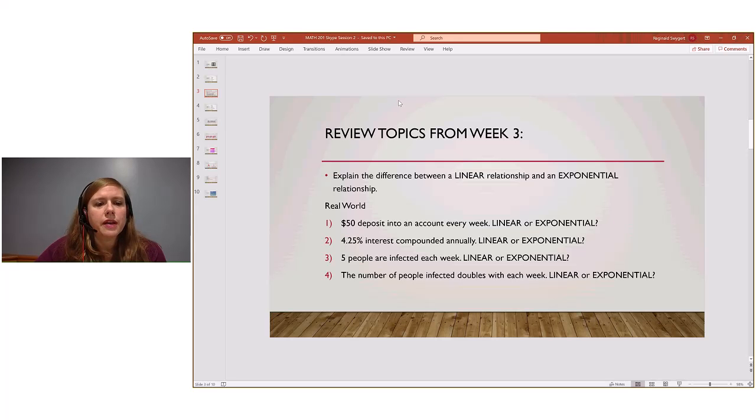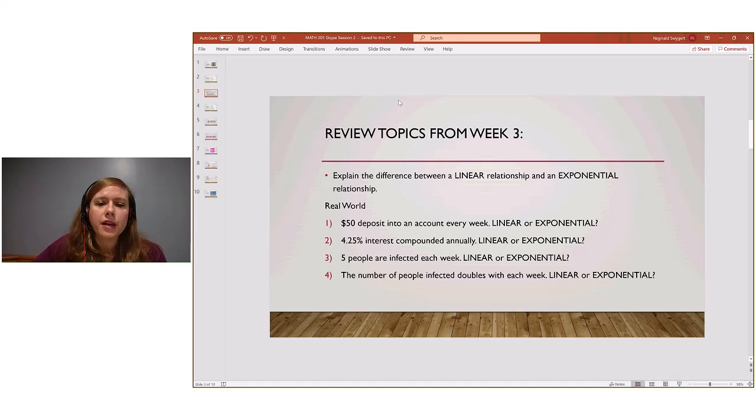So I want you to look at the difference between linear and exponential. And I'm not even going to answer this yet because I want to hear from you and see your thoughts on it. I don't want you to comment on anything yet. Okay, I don't want you to talk out loud. I don't want you to put anything in the conversations. I want you to just take a few minutes by yourself, maybe even write it down, the difference between the linear and the exponential, what that means to you.